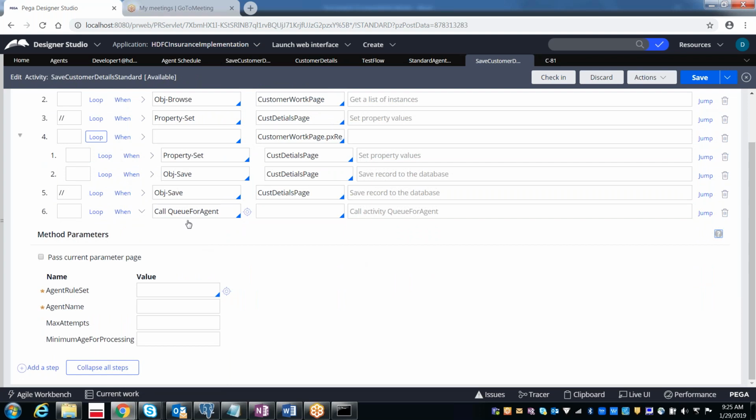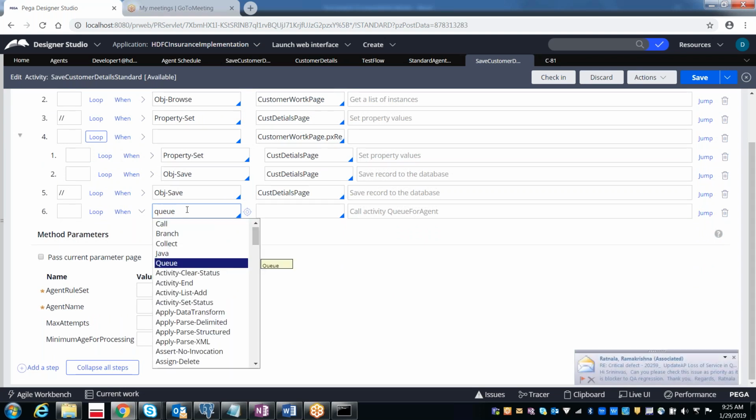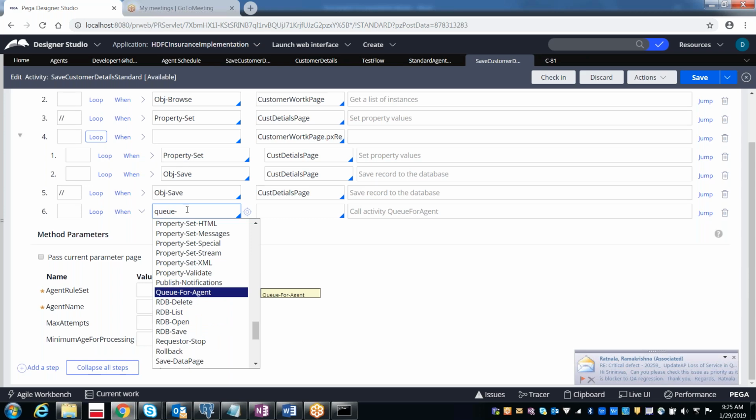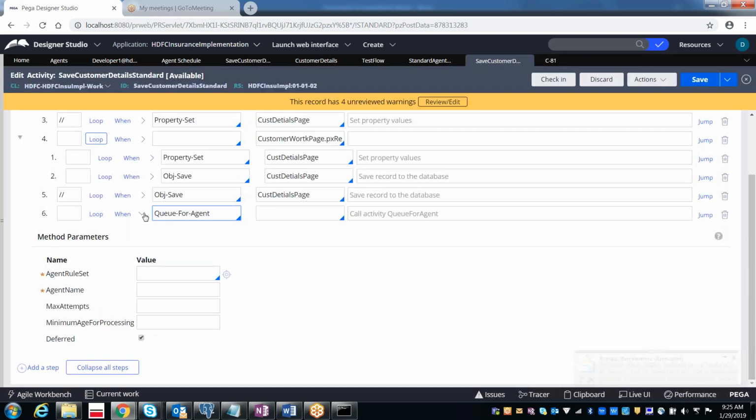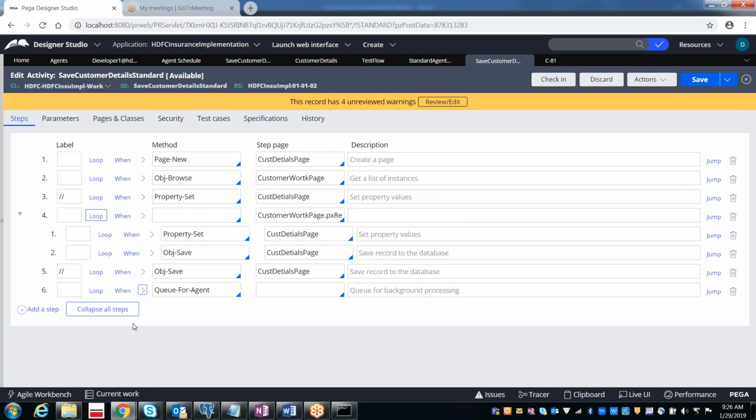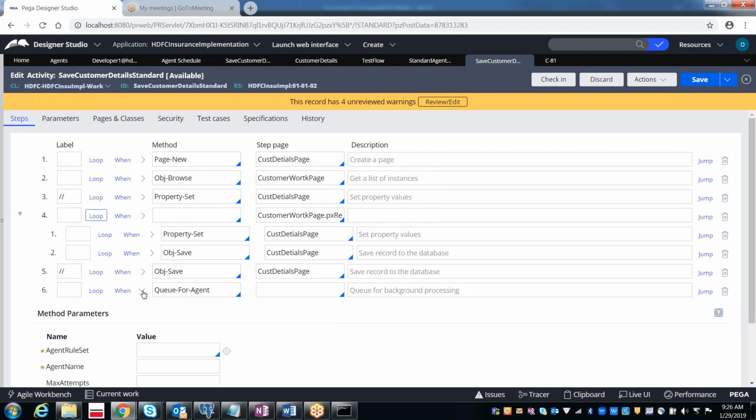There is also a queue for agent method, like the methods page new, obj browse, property set. In the same way you have the queue for agent method to call the agent.